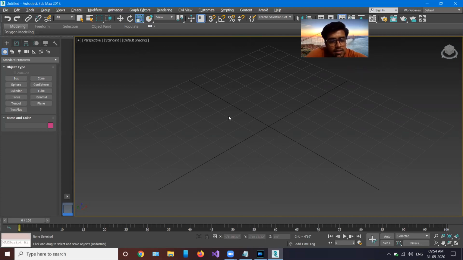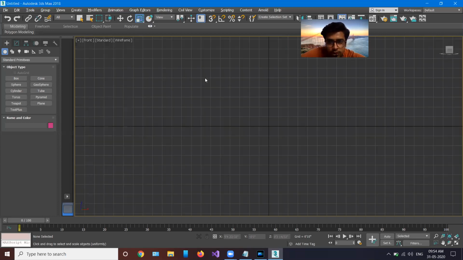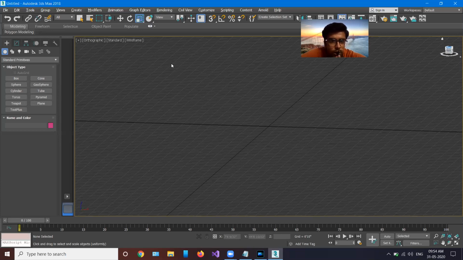Let's say if I press Alt F and I go to the front view, and in the front view Alt W, if we click, we go to full screen. It is the front view. Now let's say I have made some kind of adjustment. I went into another view. Now I want to come into the front again. There we have a shortcut of pressing F. But alternate to that, we have another thing. We can go to the front view.